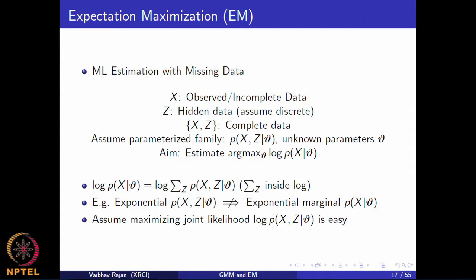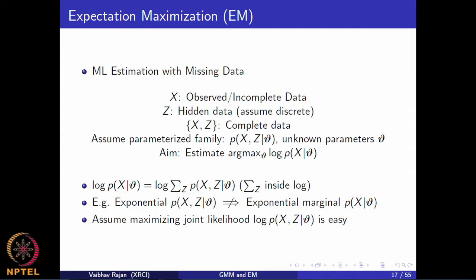We denote by x and z the complete data, the observed data plus the hidden data, and we assume some parameterized family from which this data is generated, like a Gaussian or exponential, and we do not know the unknown parameters which we want to estimate. We start seeing connections with what we have seen in the case of Gaussian mixture, because if you take the marginal probability here, you again see a summation coming inside the log, and this again poses problems,